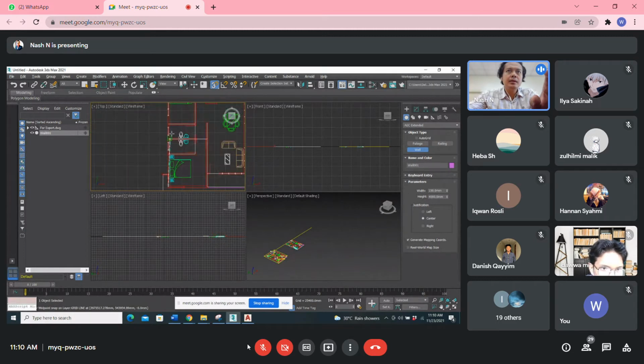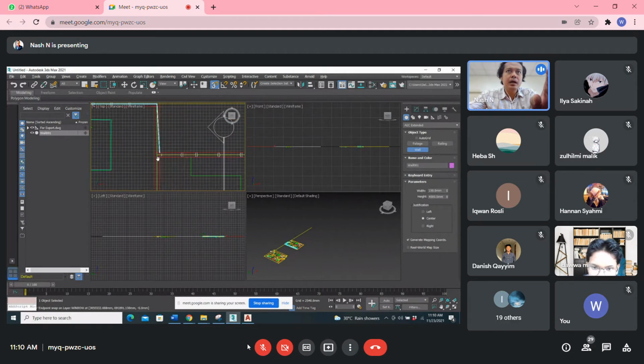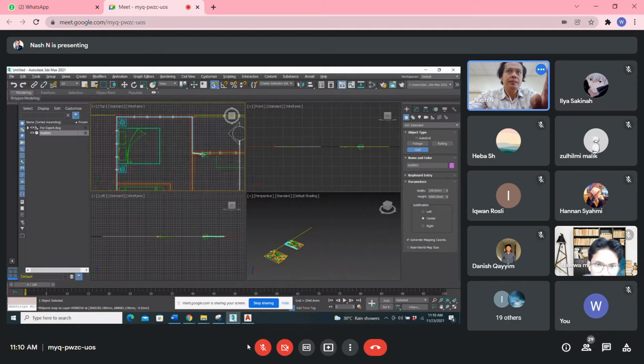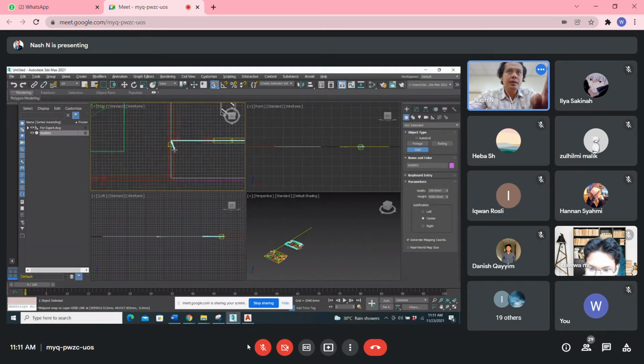Let's say you just go here, line straight here. Then you can follow the profile, and you adjust the height and the width according to the scale. Okay, like this. You're using a center, so you just use all the center line.